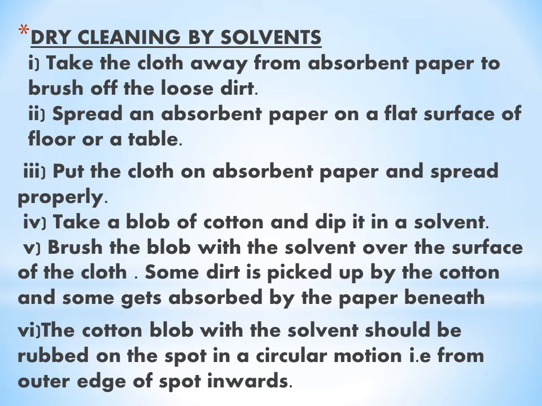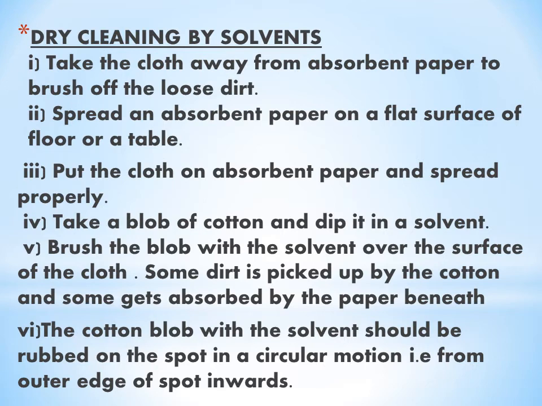Next, how is dry cleaning done by solvents? Take the cloth away from absorbent paper to brush off the loose dirt. That means first shake the garment so that the loose dirt is removed. Then spread an absorbent paper on a flat surface of floor or a table. Put the cloth on the absorbent paper and spread properly. Take a blob of cotton and dip it in a solvent. Brush the blob with the solvent over the surface of the cloth. Some dirt is picked up by the cotton and some gets absorbed by the paper beneath. The cotton blob with the solvent should be rubbed on the spot in a circular motion, that is from outer